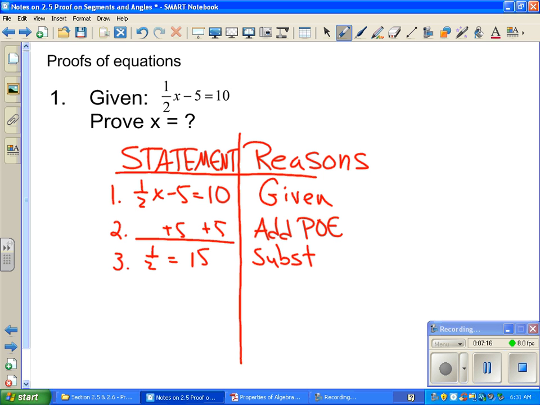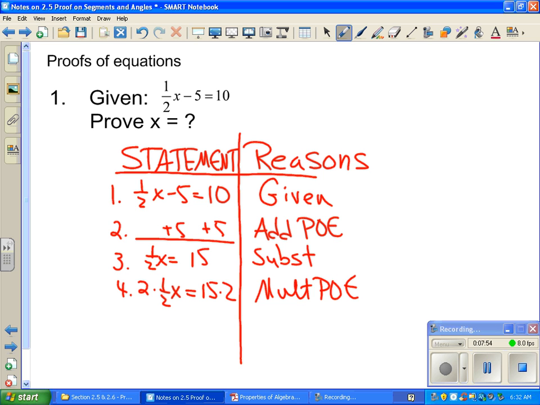Now in the next part, I left my x out of there. I need that x because I got to see that that x is multiplied times 1/2. Now normally when we think about multiplying, we think about dividing, but I can't divide in this problem because I don't know how to divide by fractions. So in step 4, I show how to flip and multiply. Now notice I'm doing that as a separate step because I can't write that on top of step 3. It already has a reason. So I have to show a totally separate step to show that multiplying to both sides. And that is the multiplication property